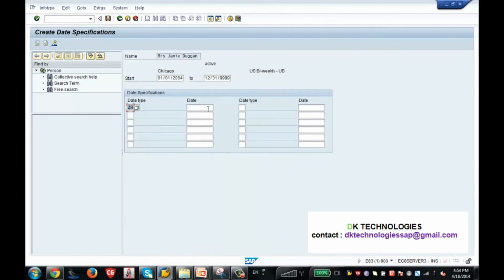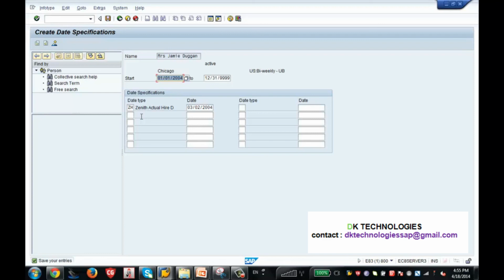I clicked here, and for this employee I am giving the date on which this employee was actually hired, for example this one, or anything. Now the system knows that the actual hire date is this, not the date on which he was hired.